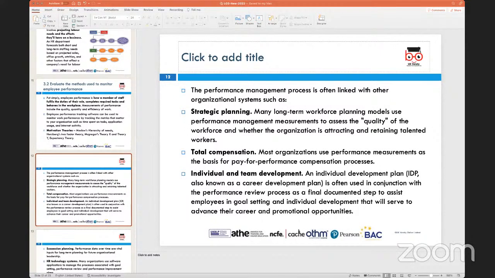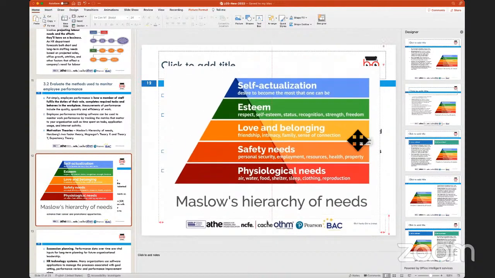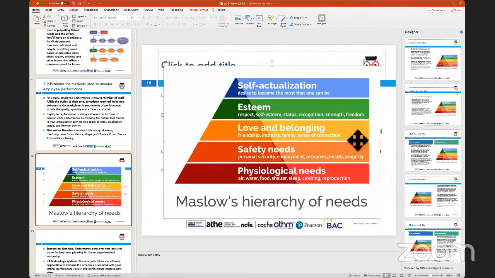In such cases, when we talk about motivation and look at Maslow's hierarchy of needs, if you have seen it, if I just bring a quick picture in, you would generally see that this particular theory, which was introduced by Maslow in the late 40s and early 50s, proposes